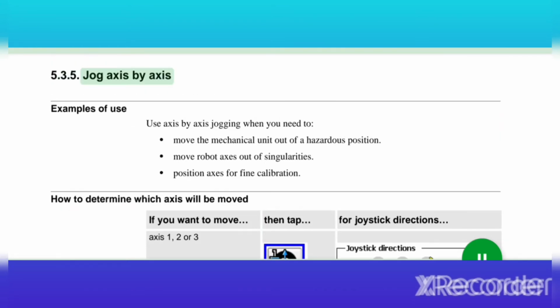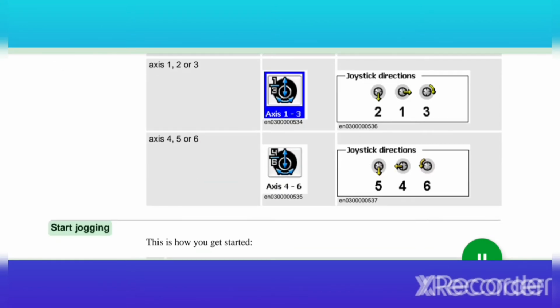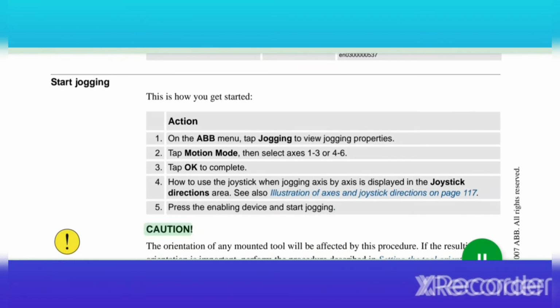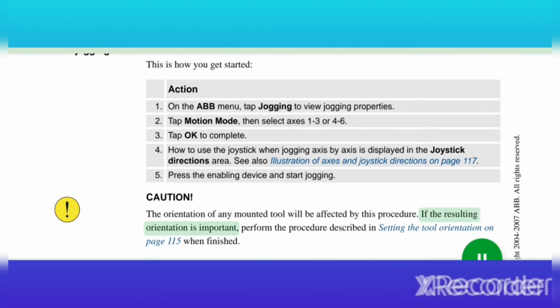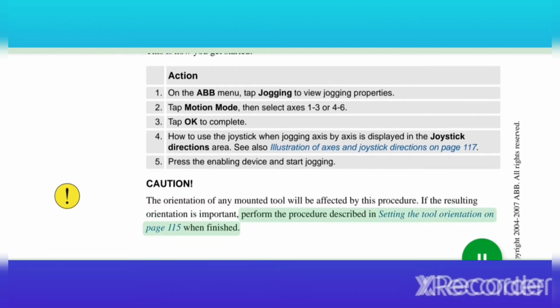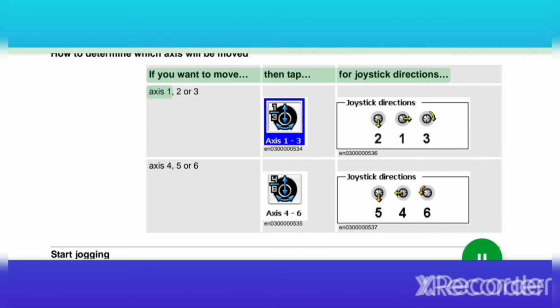5.3.5, Jog axis by axis. Examples of use. Use axis by axis jogging when you need to move the mechanical unit out of a hazardous position, move robot axes out of singularities, or position axes for fine calibration. How to determine which axis will be moved. Start jogging. This is how you get started. Caution: the orientation of any mounted tool will be affected by this procedure. If the resulting orientation is important, perform the procedure described in Setting the tool orientation on page 115 when finished. If you want to move, then tap for joystick directions: axis 1, 2 or 3,